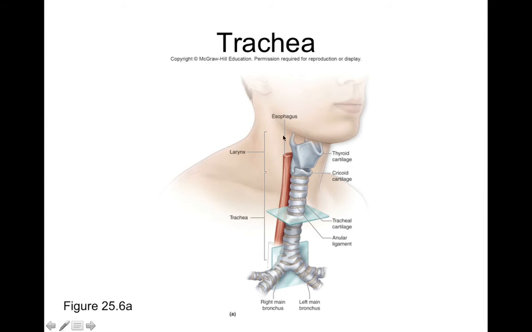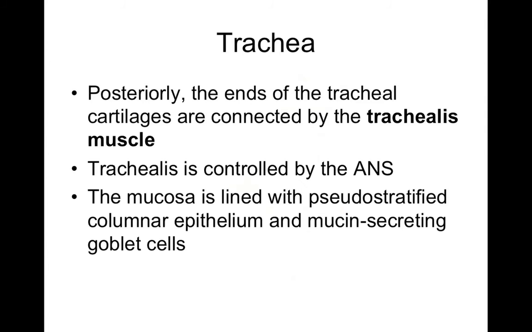Right. Yeah, it's hard to tell in this picture. In fact, you might even be inclined to say the left looks larger. But on average, the right main bronchus is wider and steeper, so that someone's more likely to inhale an object into their right lung versus the left. Now, if we look at this in cross-section, which we'll talk about here in a minute,